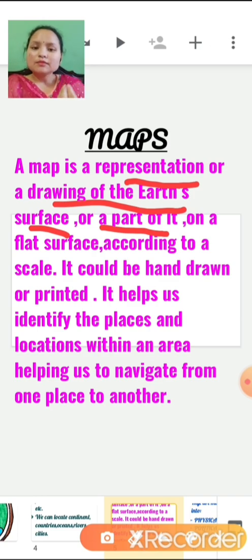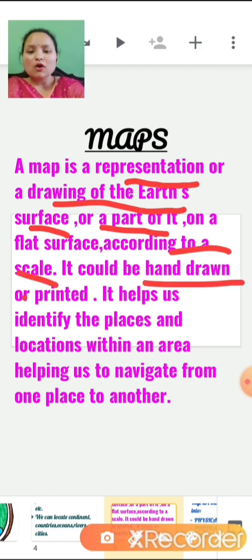A map is not used for only a particular thing. We can even show a part of a country or only one country in a map, on a flat surface according to a scale. It could be hand drawn or printed. We can draw a map with our hands, and we can even print it out. It helps us identify the places and locations within an area.